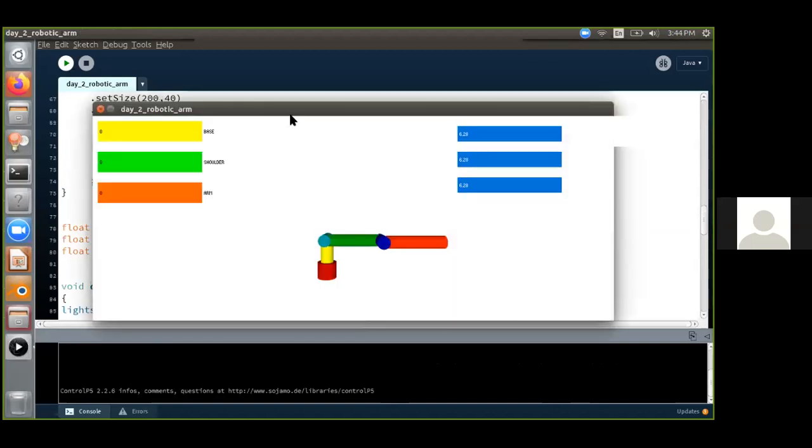So what happens is you're rotating the CAD model. Here the robot is not rotating, but the CAD model of the robot is being rotated. So you can rotate and see how the robot looks. So this is the Z rotation.